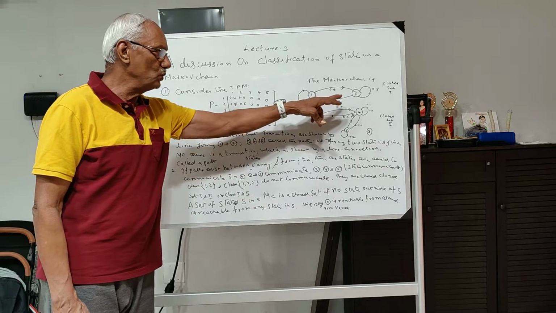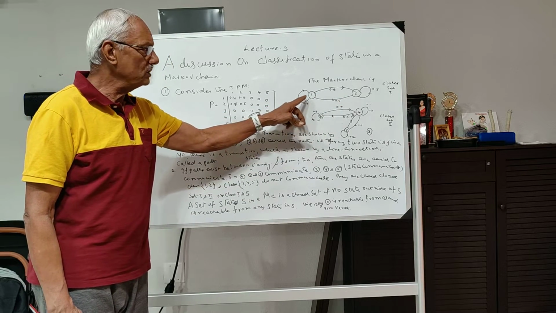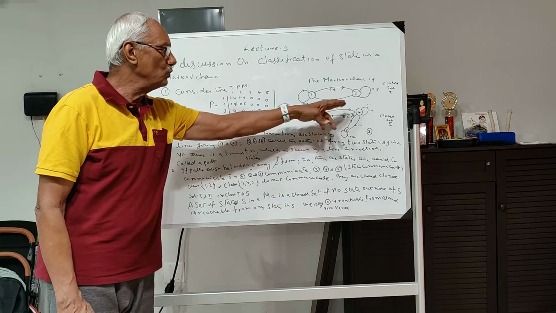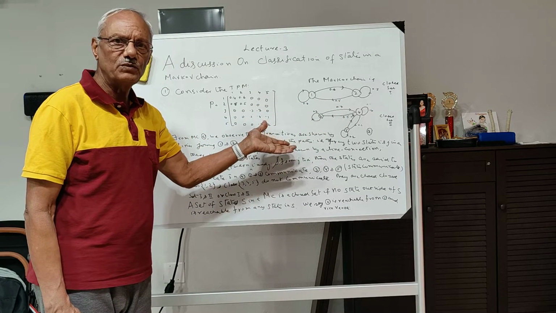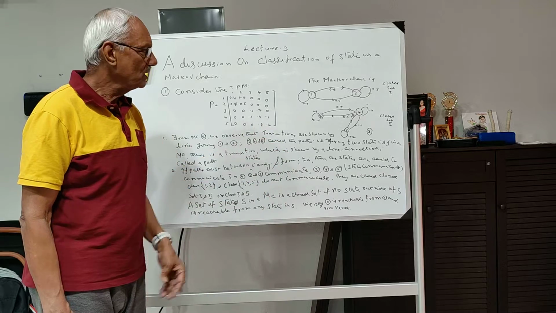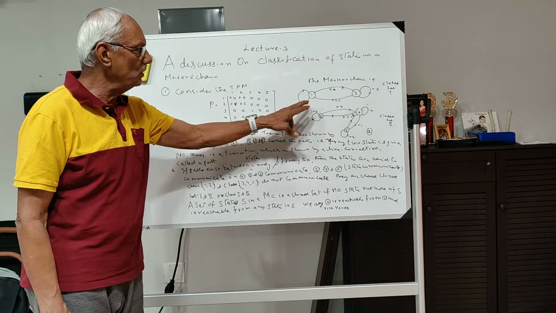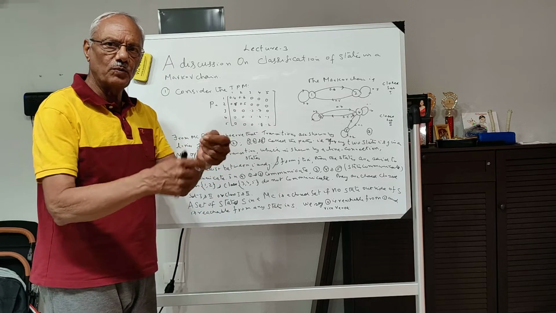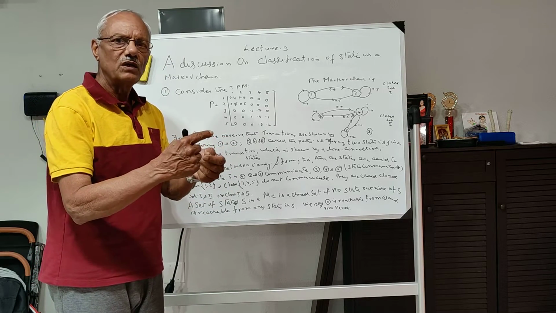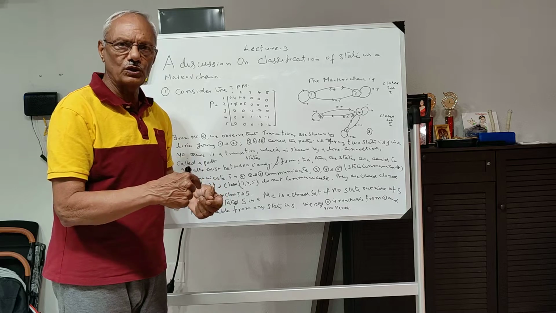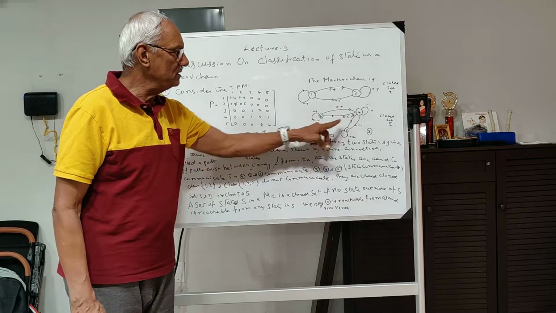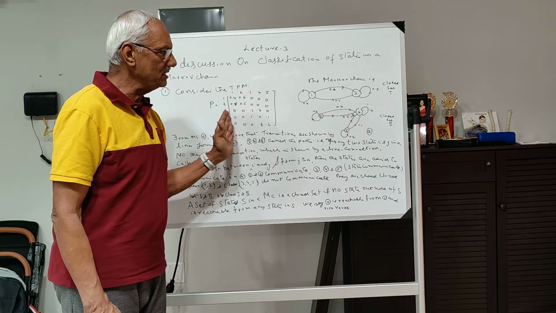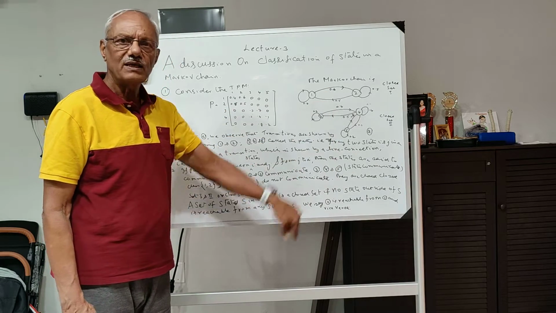Here in this case, 1 to 2 is there, and it happens with probability 0.6, and 2 to 1 happens with a different probability, 0.5, and there is a loop. You can find the loops at 1 and 2. That means the probabilities of going from 1 to 1 and 2 to 2 are there. Likewise, you find that 3, 4, 5 are the states, and as per the transition probability matrix, the transitions are